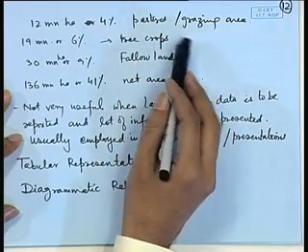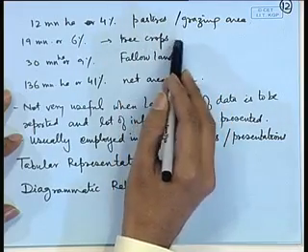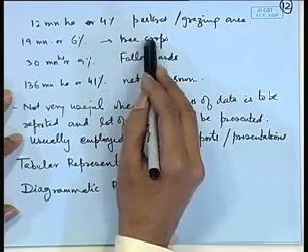That means the trees are there, they may give crops or may not give crops, but they are under the